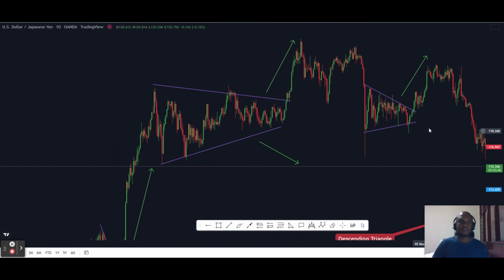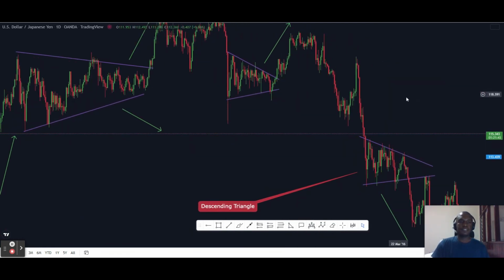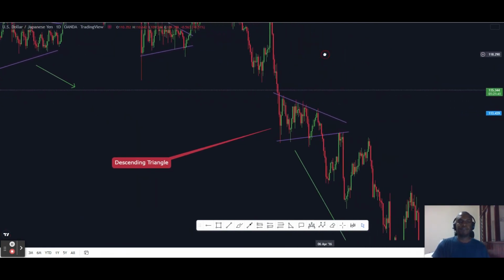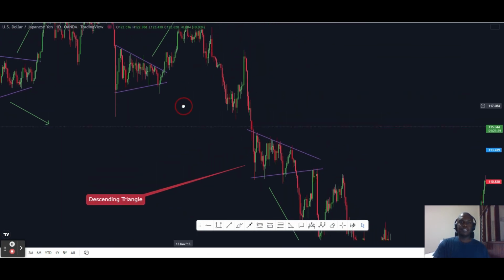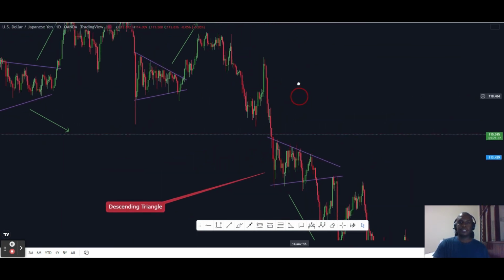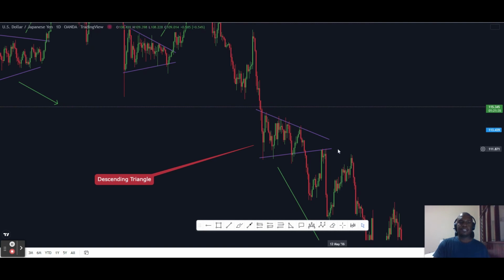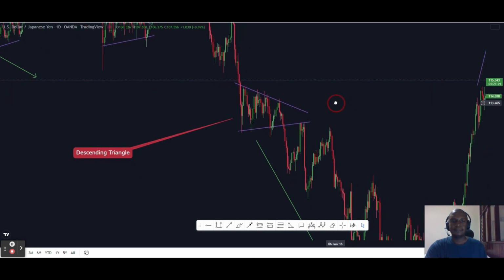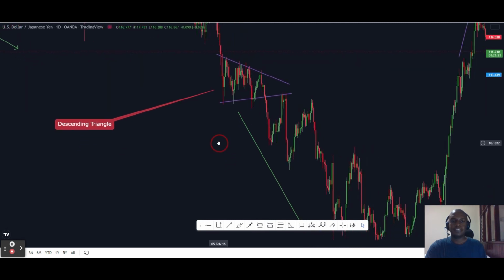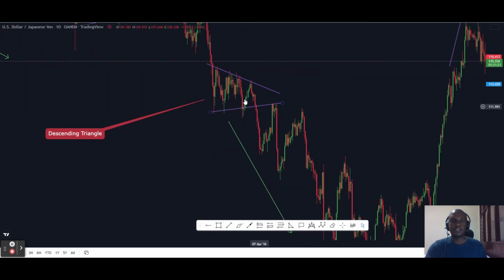So let's continue and see what other patterns you can find. Now we're on a bearish trend going to the downside, and we see that we have another descending triangle, which is also a continuation of the trend. If you took the sells, the move will actually, now